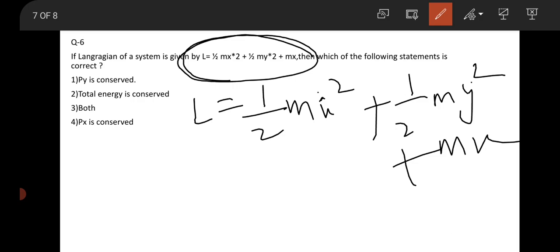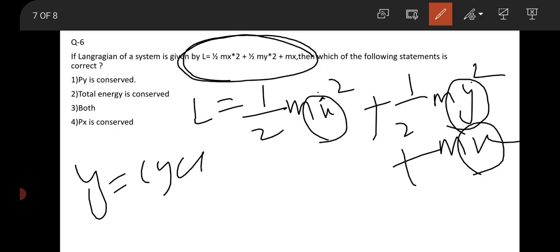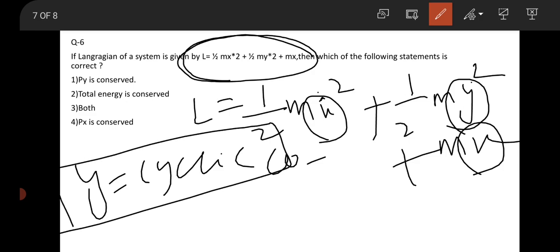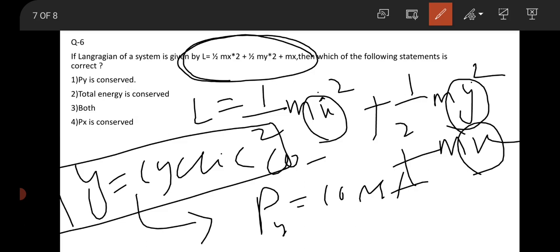First of all, see, the Lagrangian is carrying x dot and x. So x is not a cyclic coordinate. But there is y dot, while y is absent. That means y is a cyclic coordinate, because y dot, the velocity component, is present, but y, the position coordinate, the generalized coordinate for the position, is absent. If y is a cyclic coordinate, the corresponding linear momentum, that is py, must be constant, because py equals del L by del y dot. So this quantity will be conserved.